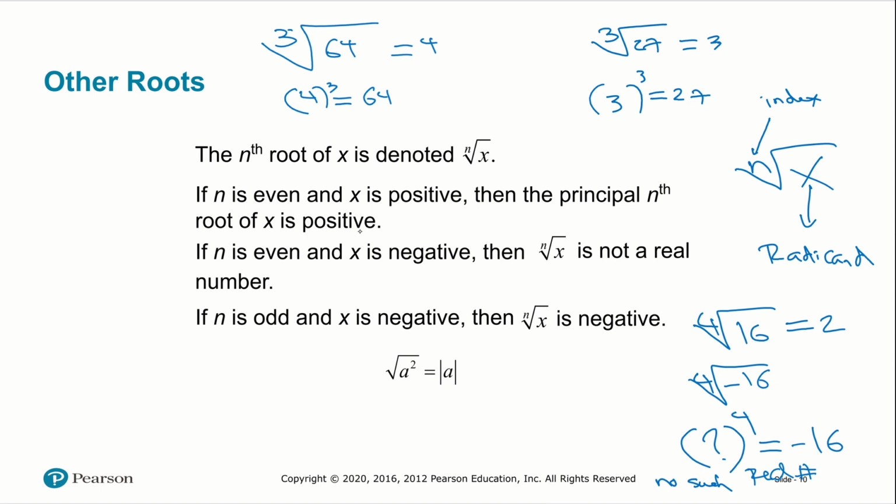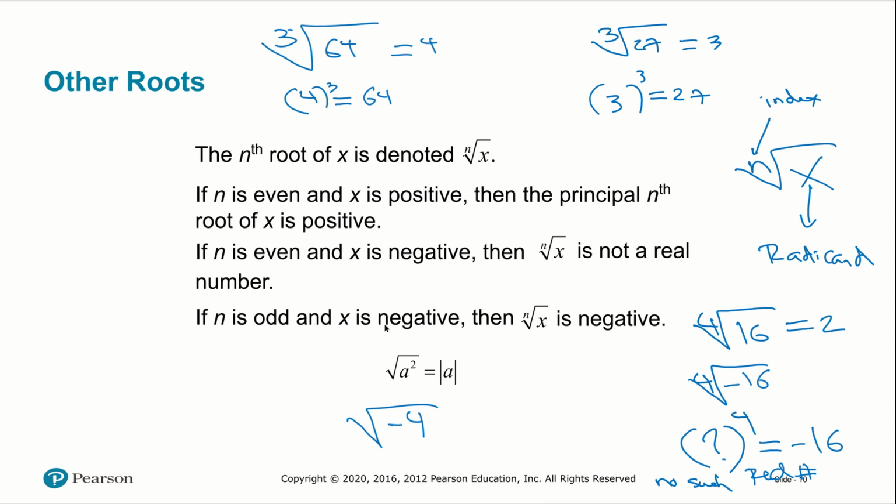It works with square root too. But what is the square root of negative 4? Well, I don't know of a real number that I can square and get negative 4, because when I square it, I'm not going to end up with a negative number. I'll get 0 or higher, right? All right, so